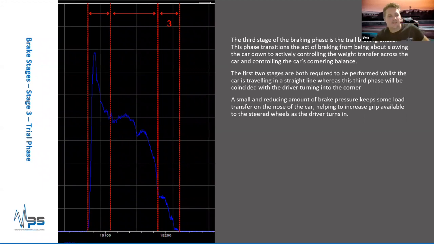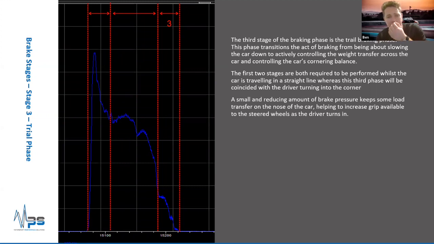So the third stage of the braking phase, it's actually spelt wrong on my slide, is the trail phase, and this links in as well with the second stage of cornering as we transition from braking to steering. So there's a bit of an overlap here, but